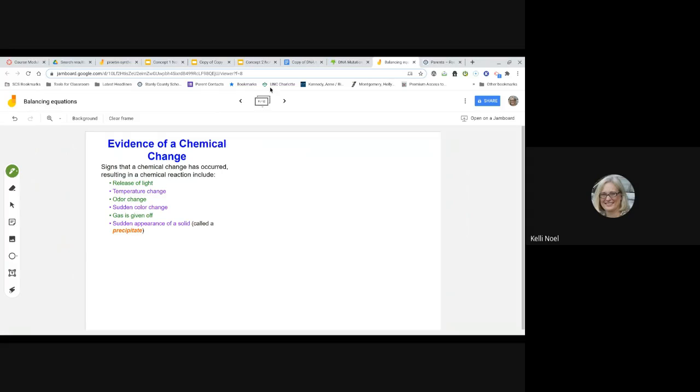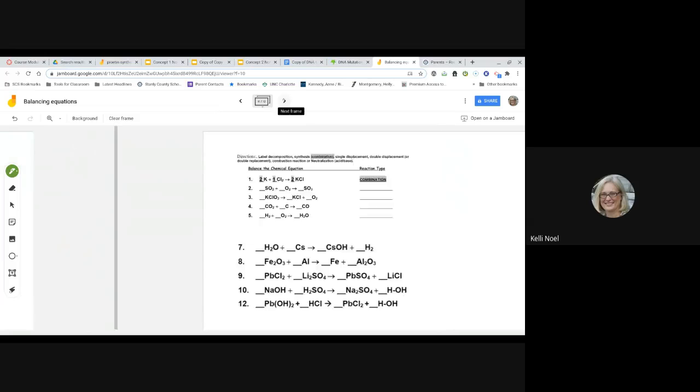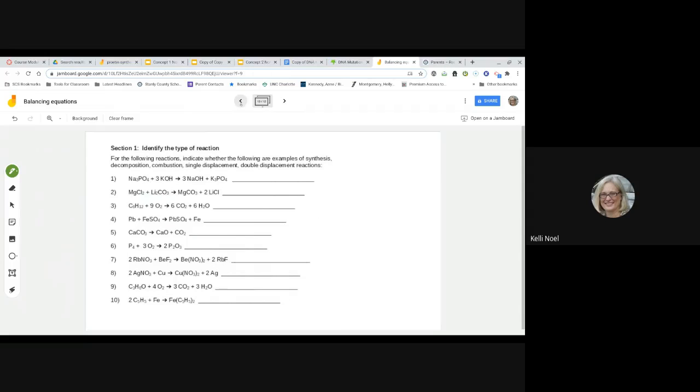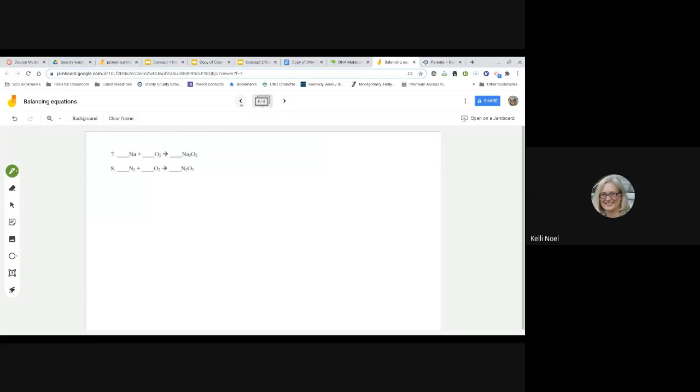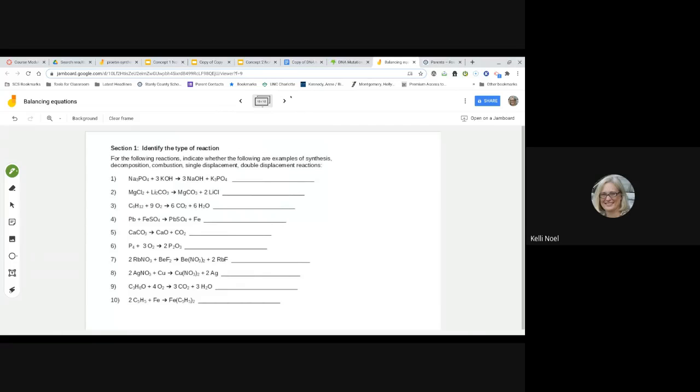So what I'm going to do here is we're going to practice a couple of these. I wanted to come back to that. All right, so we're going to go here, and we're going to just identify what type of equation these are. So using what we learned yesterday, we are identifying